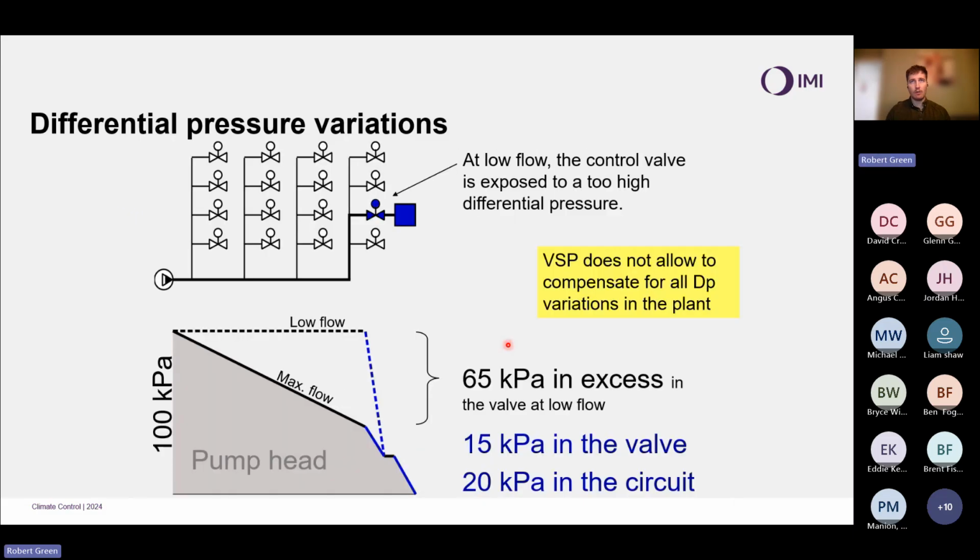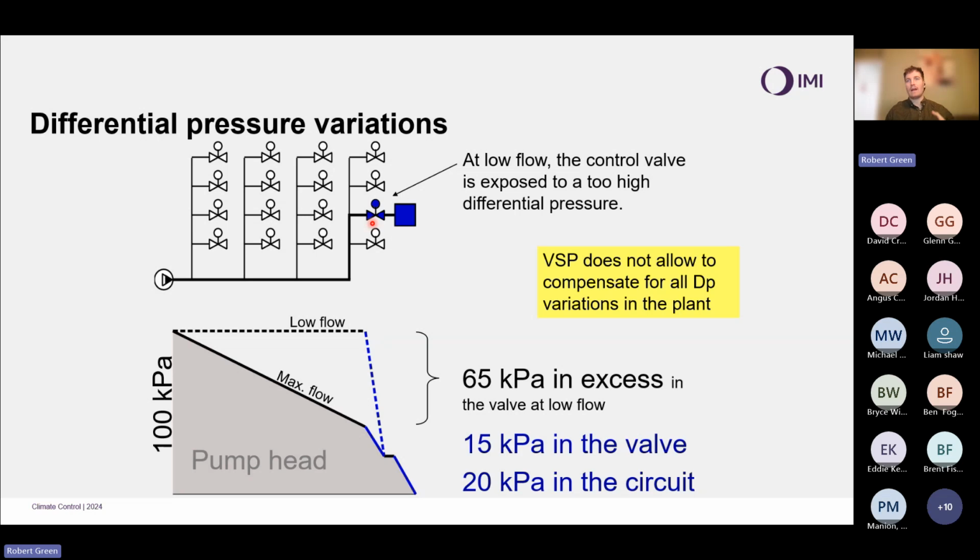And if we look at a system in general, often it gets touted, well, yes, we have a variable speed pump, so it's going to deal with these changes. But if my pump is sized to achieve a given design head and it is operating at that design head at all times, which is fairly common depending on your sensor location, the variations are not going to be uniform throughout that system. So in order to satisfy this device here, for example, we may still need 100 kilopascals at my pump, but that's going to be masses of excess differential pressure throughout the control valves.